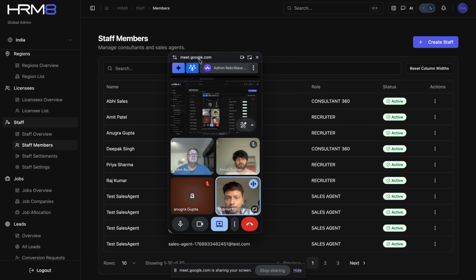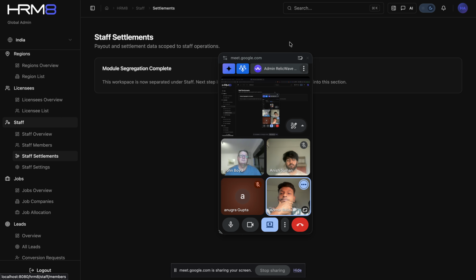Then also we have staff settlements. The pricing and integrations type thing, we are currently working on it. Currently what we are thinking, we discussed earlier too, we are going to give both the payment options, Stripe and Airwallex, which you wanted. So the user, based on their convenience, can choose whichever payment option they want to go with. They can connect that and they can use that. Internally we are going to